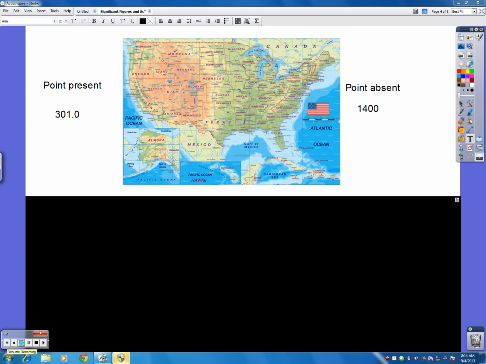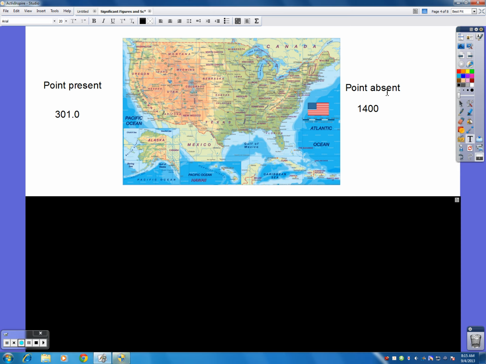So now, as I promised, I want to give you a little picture to help you remember. That's 6 different rules, but here's kind of how you can think about it. If you have a map of the United States, on this side you have the Pacific Ocean. On this side you have the Atlantic Ocean. And think about Pacific as standing for point present, point being the decimal point. And the A in Atlantic Ocean is going to stand for point absent, the A being for Atlantic being the